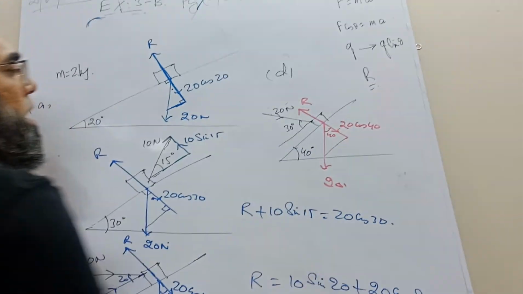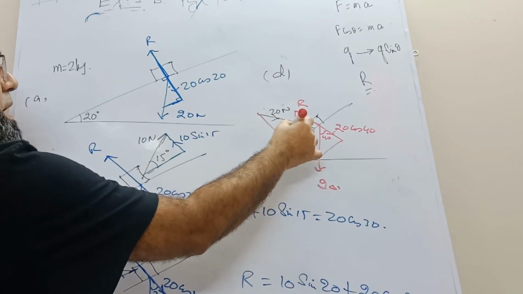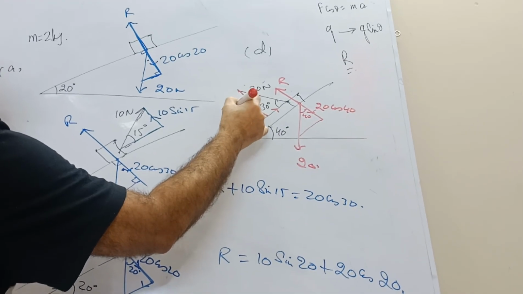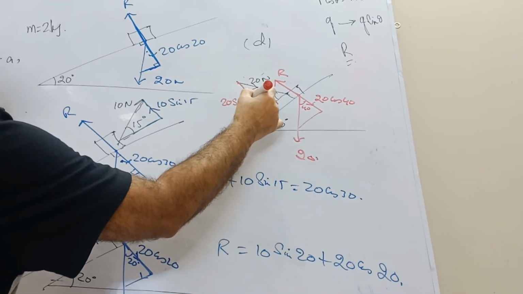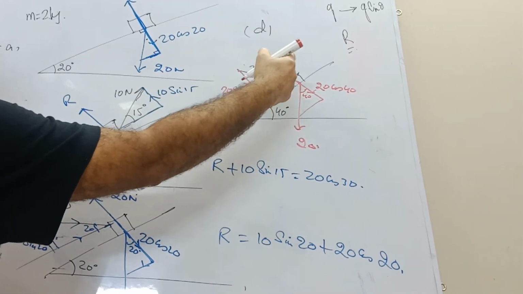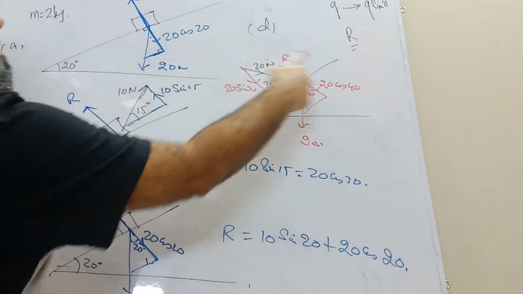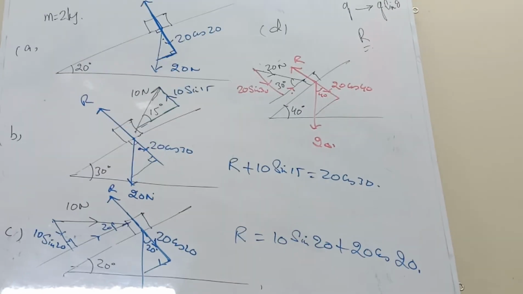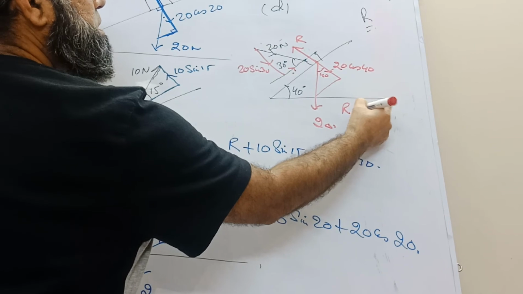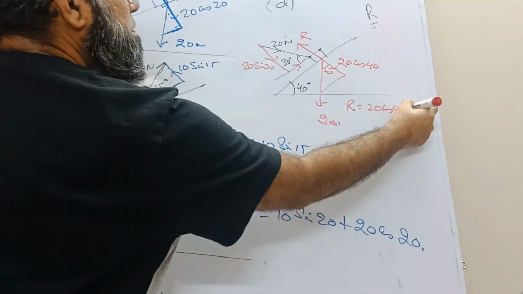This is your R, and when I resolve, this goes down, this goes like this. This is 20 sine 30, and I don't need this right now. So this R is equal to this plus this. Can you see that? So this R over here is 20 cos 40